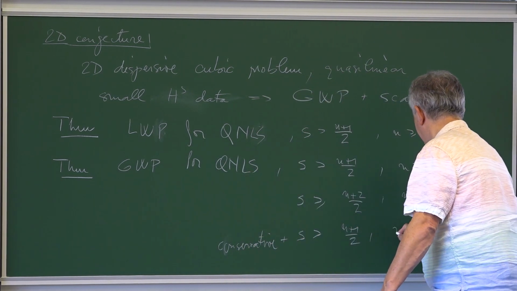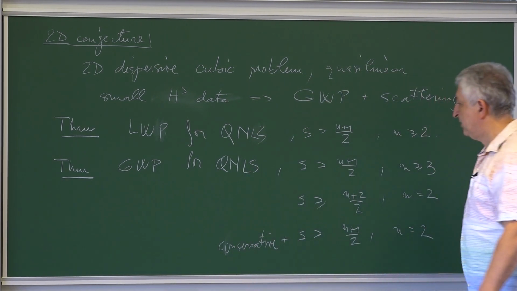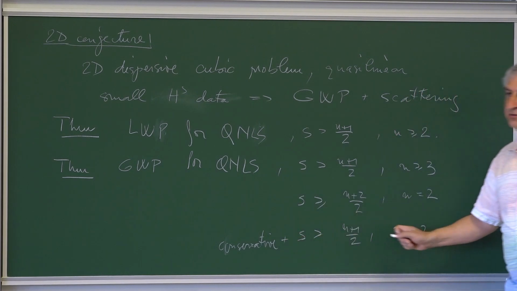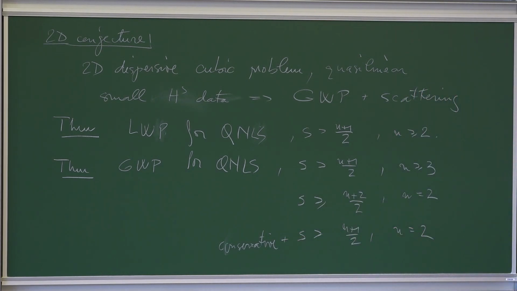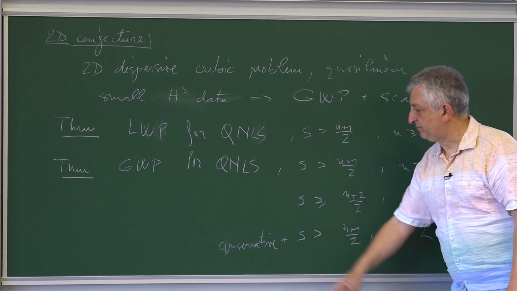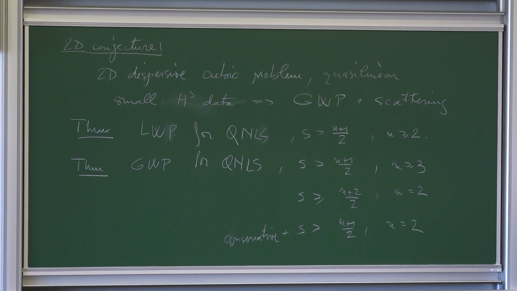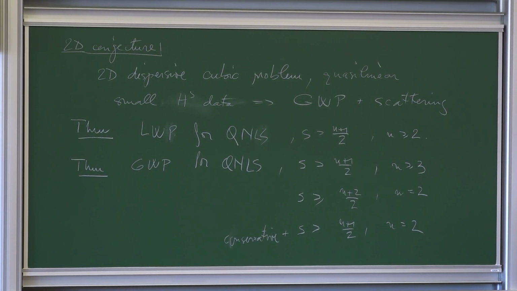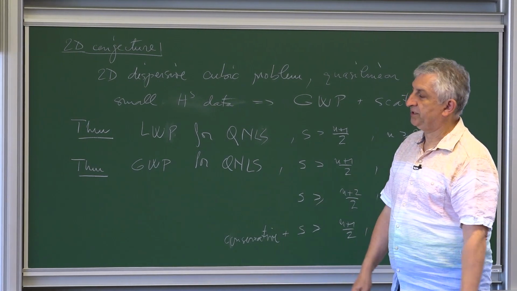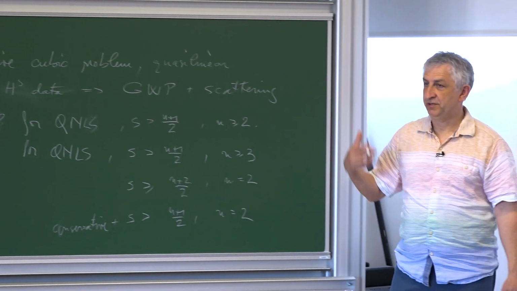And this is for n equal to 2. So with a little bit of structure, we can get to this threshold also in dimension 2. Let me remind you what the conservative assumption is. This was a cancellation condition at the level of the phase rotation invariant component of the cubic part of the